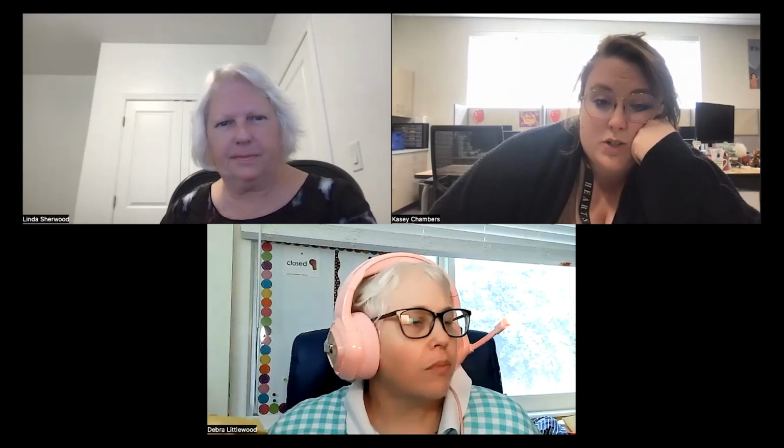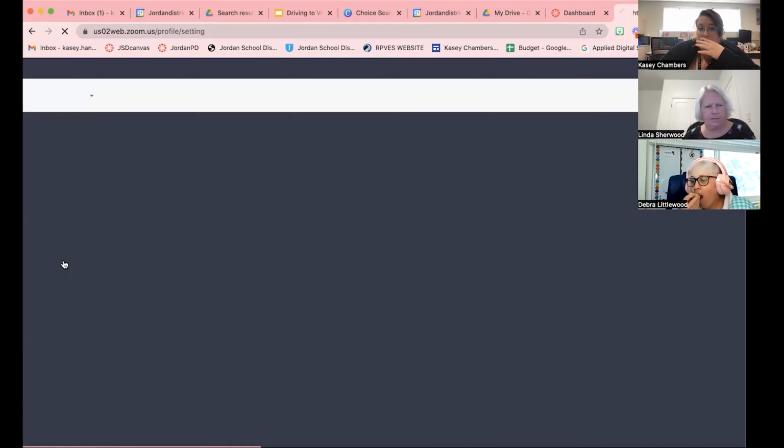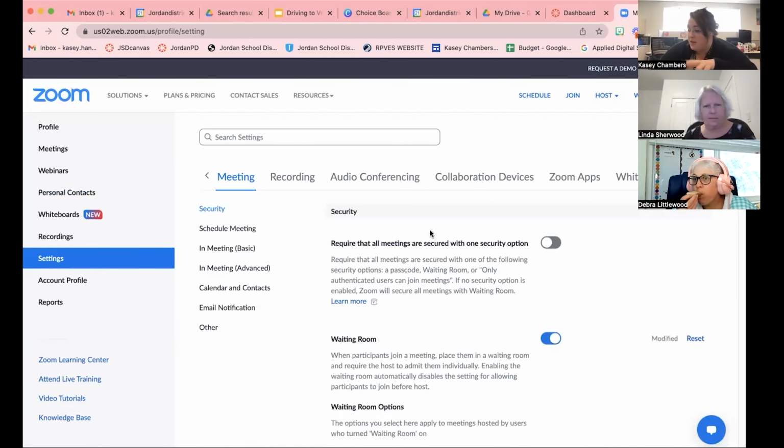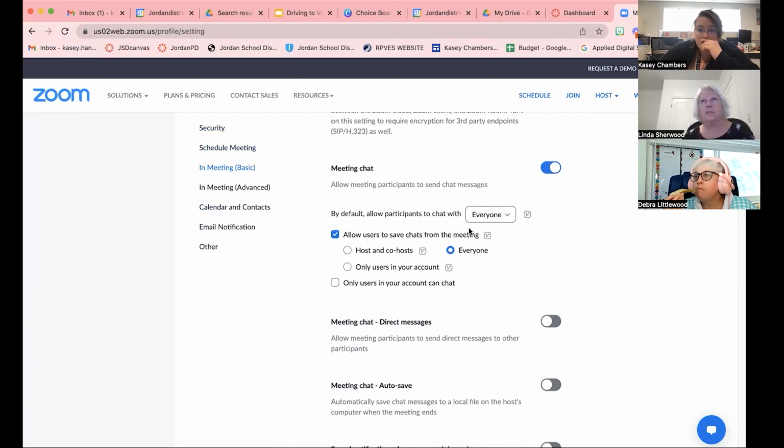So there's a couple of really cool things that maybe you guys can bring back to your team. The first one is that I found out there's some new updates in Zoom polls. So there's two ways to do polls. First, one thing that's really important is I wanted to show everybody to go to your settings, and then you need to scroll down to in meeting basic and then turn on